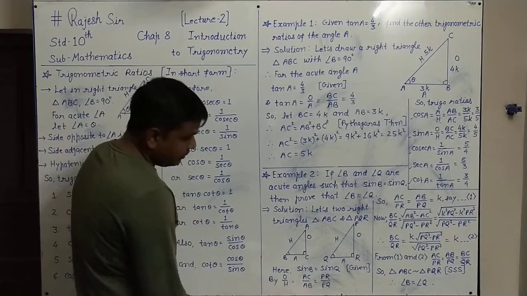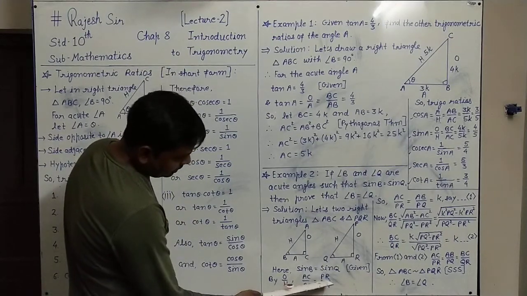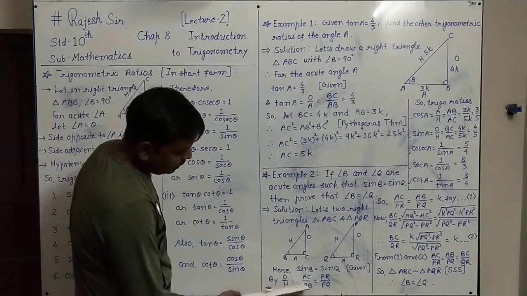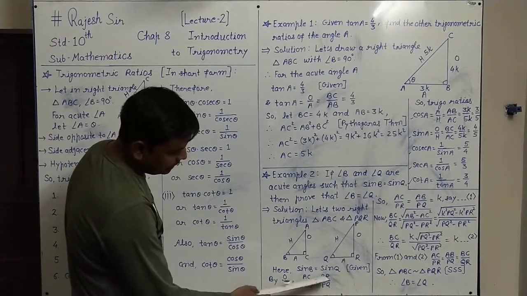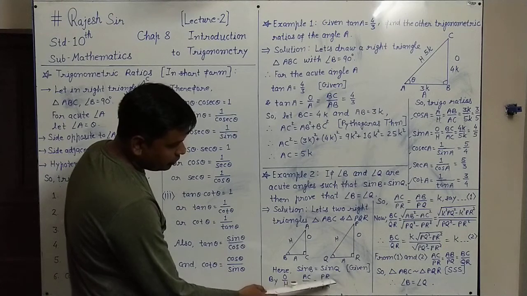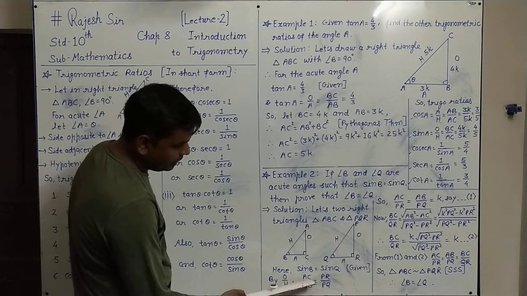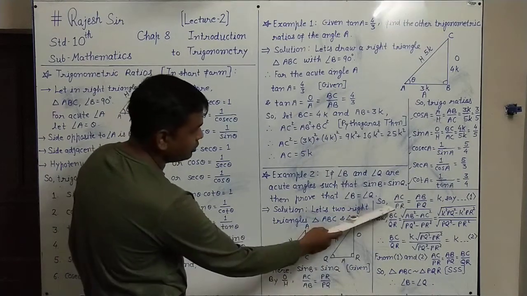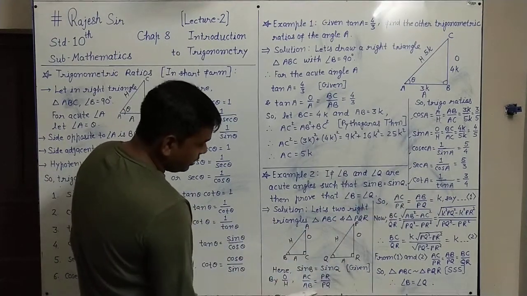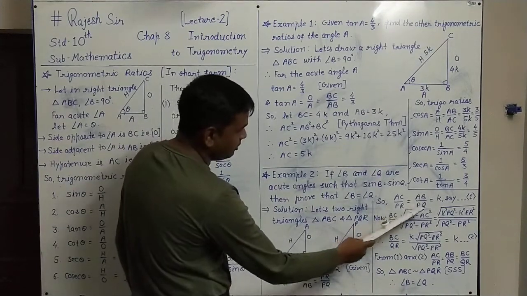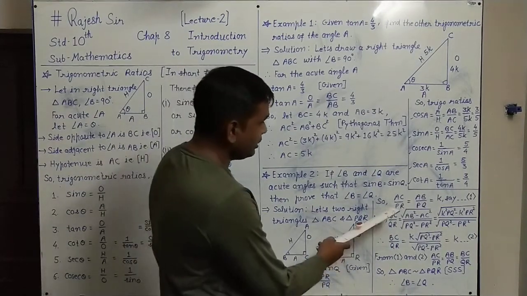So this is very simply done. PR is on the right side; taken to the left, it goes down. And AB is on the left side; if I take it to the right, it goes up. So PR is taken down here and AB is taken up there. So it will be AC upon PR equals AB upon PQ, with AB taken up and PQ down as it is. So this is the result we have from this.